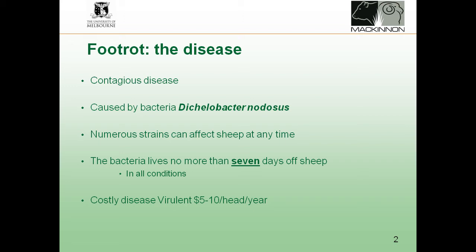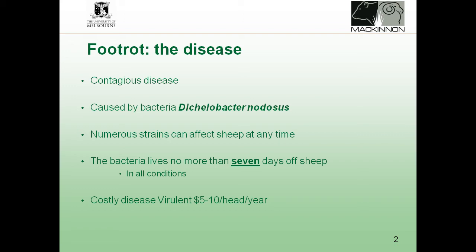In terms of a couple of key elements, the bacteria survives for no more than 7 days off sheep. So if you had footrotty sheep down a laneway, if you wait for 7 days under all climatic conditions, that will be sufficient time to walk clean sheep up that laneway. In hot, dry conditions it'll be less, but we have a non-negotiable position of 7 days. The worst that's been shown is about 5 or 6 days under ideal conditions, but we just say 7 days in all circumstances to keep it safe. So if you've had stray sheep from the neighbours into a paddock and you want to put sheep in that paddock, after removing those sheep, wait for 7 days.